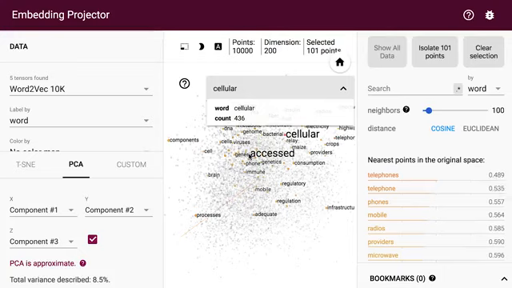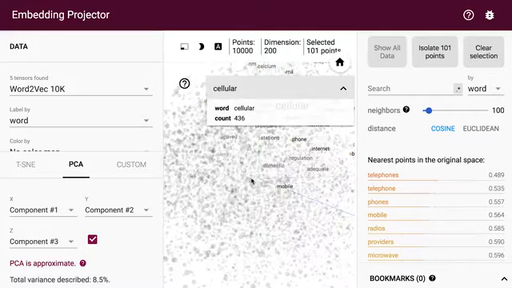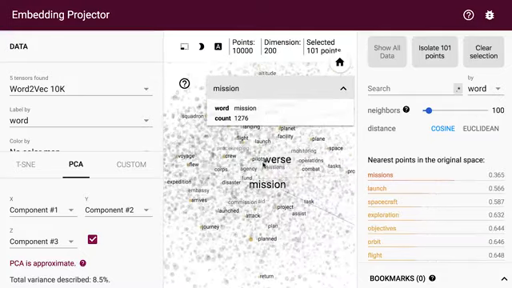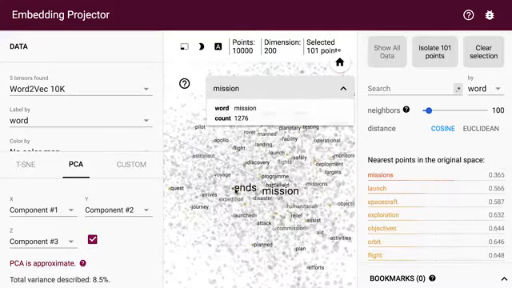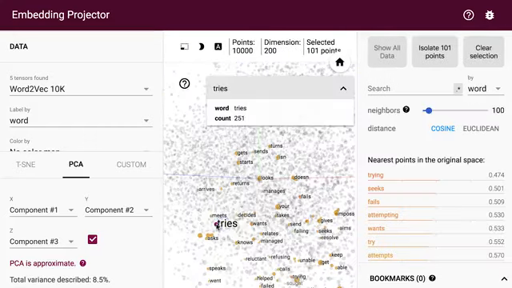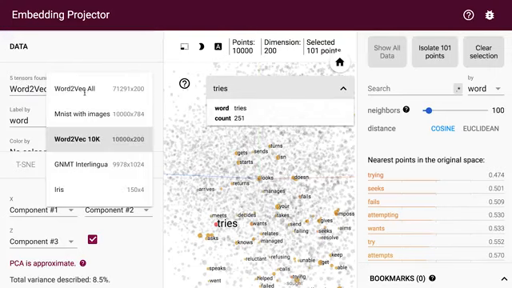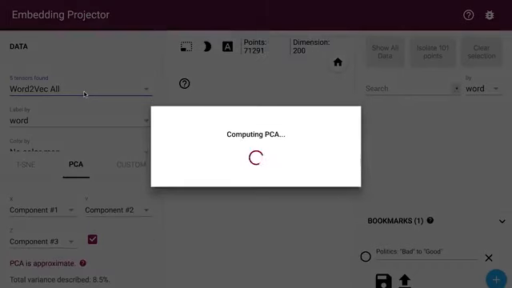The Visualization panel also supports zooming and panning. So you can use your mouse to zoom in and out and explore different regions. However, there's a lot of points here, and it can be challenging to simply look at individual neighborhoods and try to get a sense. So we're going to come up with a more targeted way of exploring. In the Data panel, change the dataset being visualized to Word2Vec all. Each of the data points here comes from a model trained on Wikipedia articles.